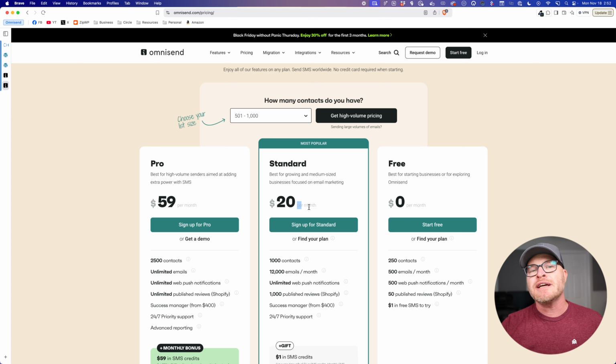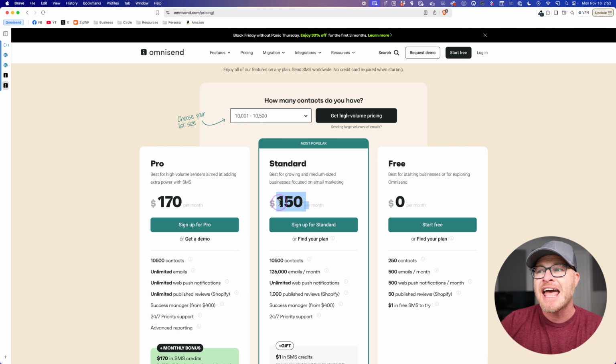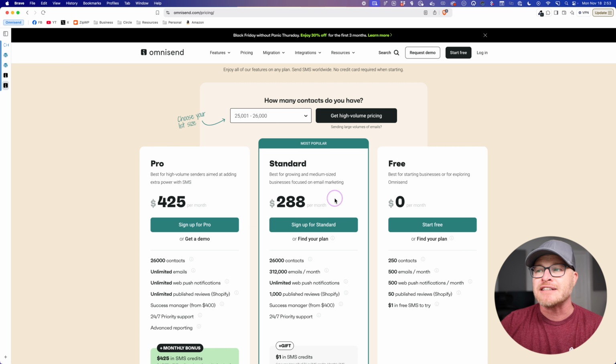What you need to do is, yeah, it's smart to price these things out at different tiers. So when you're weighing options, say, all right, what is the pricing difference at 1,000? What is the pricing difference at 10,000? And then I would say, what is the pricing difference at 25,000? Now, by the time you get to 25,000, I know these numbers look big. If you got 25,000 people on an email list and this number matters at all to you, you don't know what you're doing with email marketing.